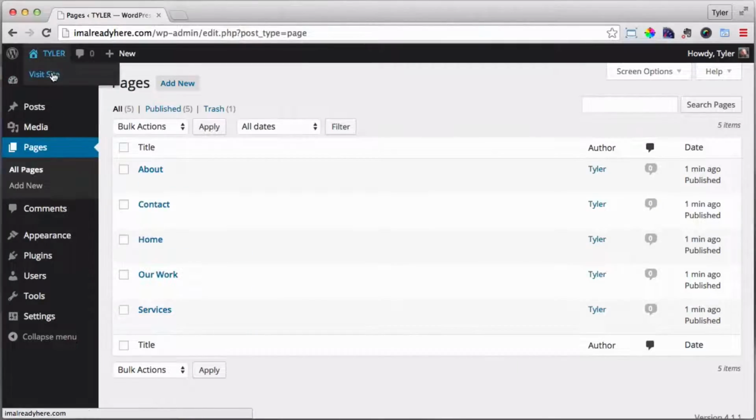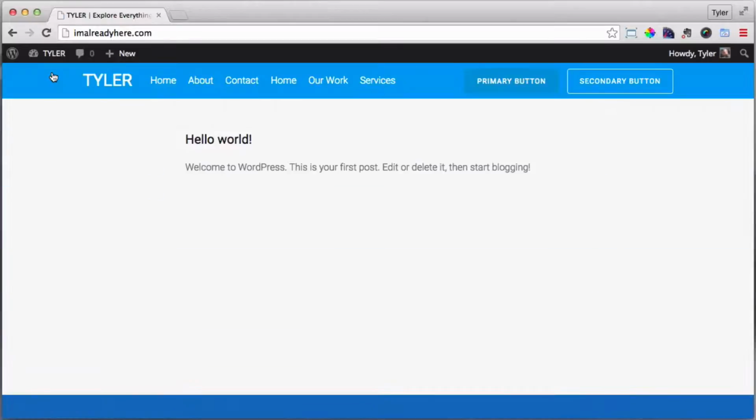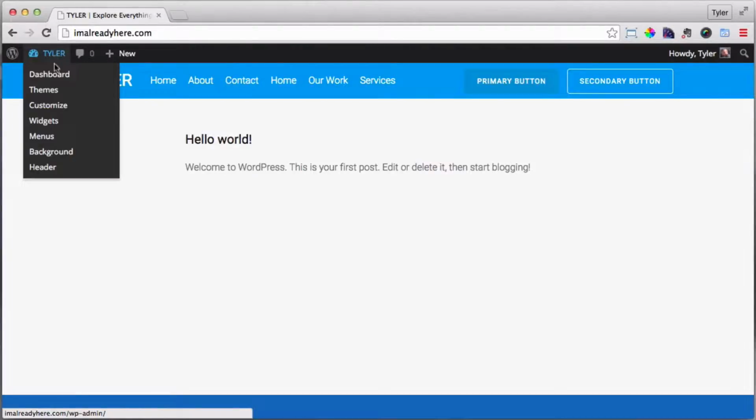But if we go to our website right now, we're going to see that there are 2 homes, and this is all out of order. We want the contact to be over here and the services over here. So how do we rearrange it, and how do we take off this home? Well, that's pretty easy. If we go back to our dashboard